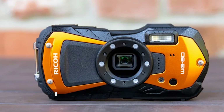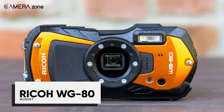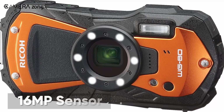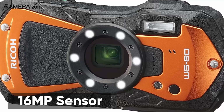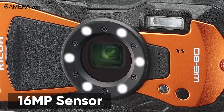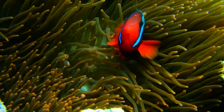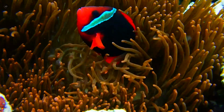Ricoh, a stalwart in the camera industry, presents the WG80, a budget-friendly rugged camera that doesn't compromise on specifications. Fitted with a 16-megapixel CMOS sensor designed for optimal performance in low-light scenarios, the WG80 features a fixed 28mm wide-angle lens with 5x zoom capabilities. What sets it apart is its macro shooting capabilities, enhanced by 6 lights surrounding the lens to ensure well-lit and